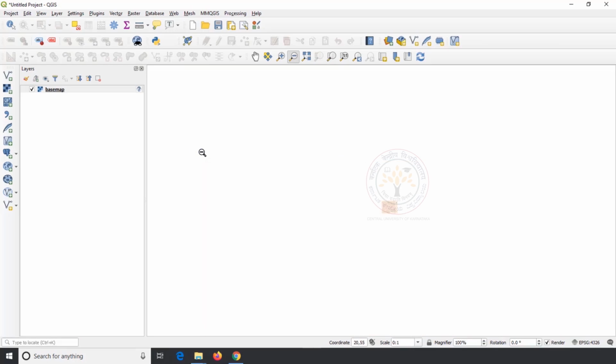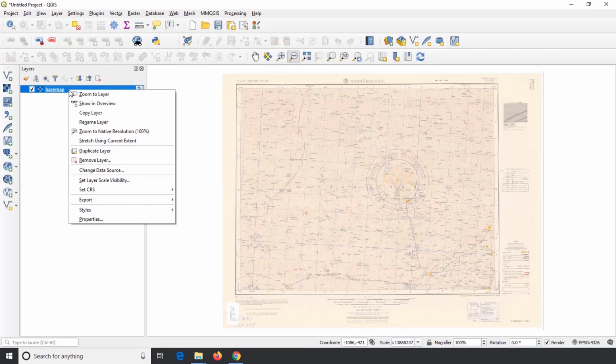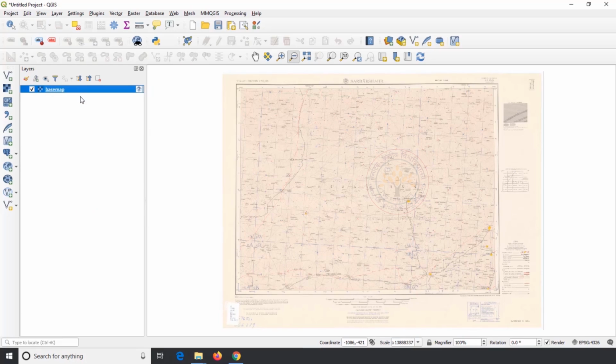Sometimes the data on the canvas may get moved away from canvas visibility. If this happens, click on the zoom full tool on the toolbar or right click on the layer in the layer panel and click on zoom to layer. I recommend to use all the available tools on the navigation toolbar and get familiar with it.